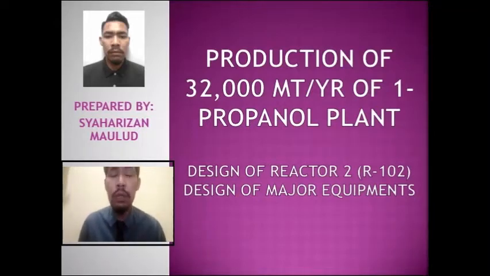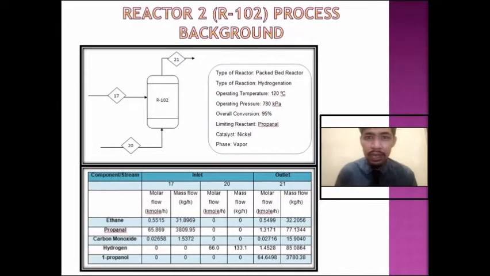I will present to you the design of reactor 2, which is the hydrogenation process. The next is the process background for this reactor. The type of this reactor is a packed bed reactor. The packed bed reactor must have a catalyst. The catalyst used in this reactor is nickel, and the operating temperature and pressure for this reactor is